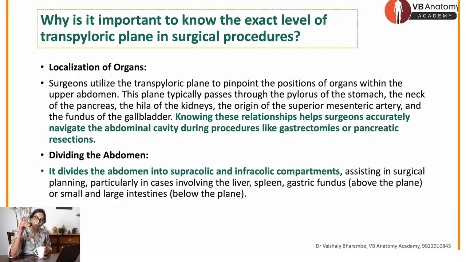Not only should you know where the organ is, you should also know where other organs are in relation to it. For that, you have to know all the structures at the transpyloric plane. Suppose somebody told you, oh, you can make an incision at the transpyloric plane, you will come to the pylorus of stomach. They didn't tell you that at the same level the portal vein is formed. They didn't tell you lying below it was the neck of pancreas, right? So you have to not only know the organ you are trying to reach, but the other organs you will also find at that level.